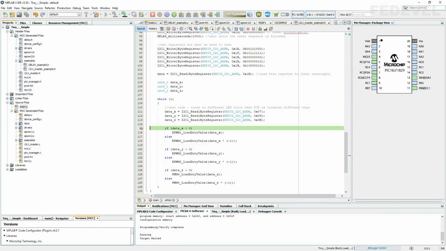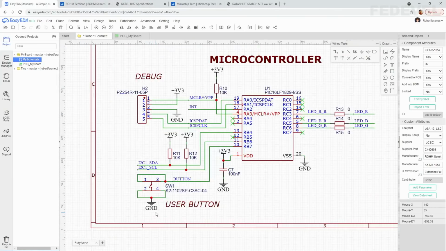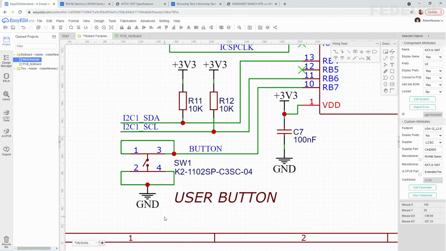There is something else I would like to show you in this video. We would like to learn how to work with interrupts, because it can be super useful. And maybe you remember this user button from our schematic. We could write some code which will only be called when we press this button. Okay, so let's do it. Let's learn how to work with interrupts, how to create this special function which will only be called when something happens.